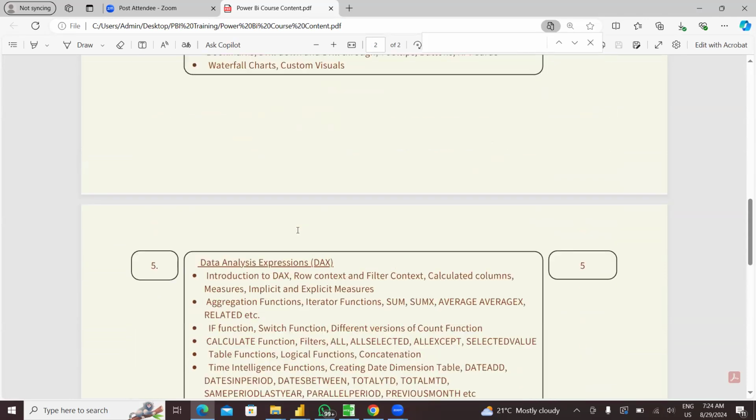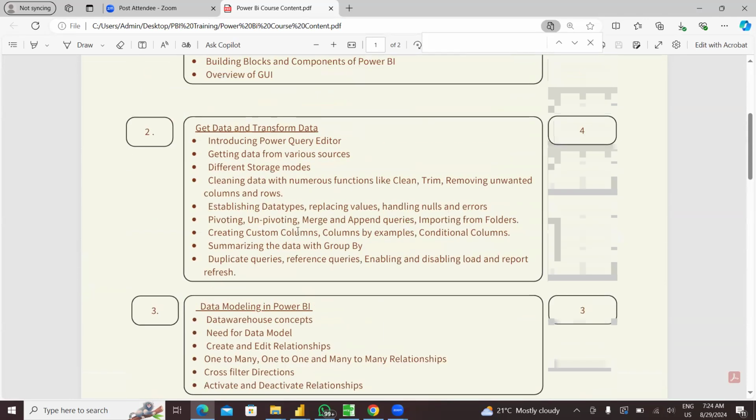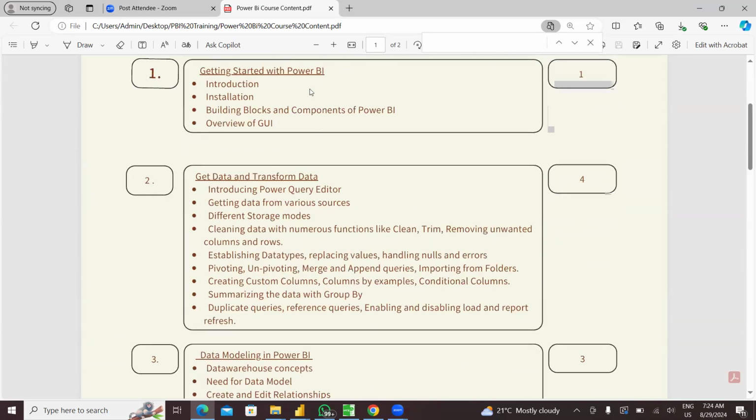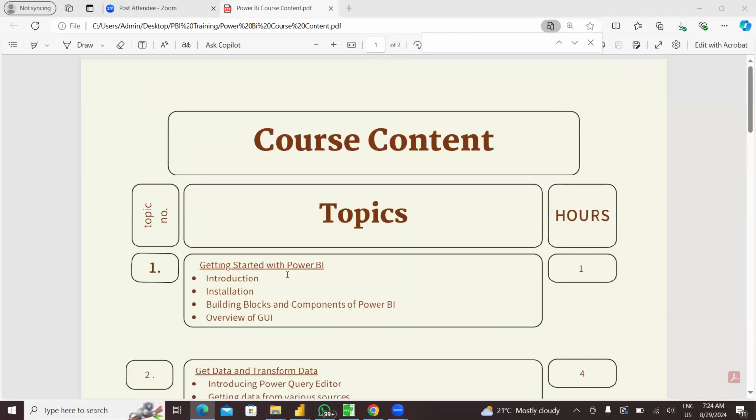Any other doubts from anyone else? Yeah, hi Pawan. Do you use only CSV files as the data source, or do we work on SQL Server databases as well? Yeah, I'll show you how to bring the data from SQL Server,